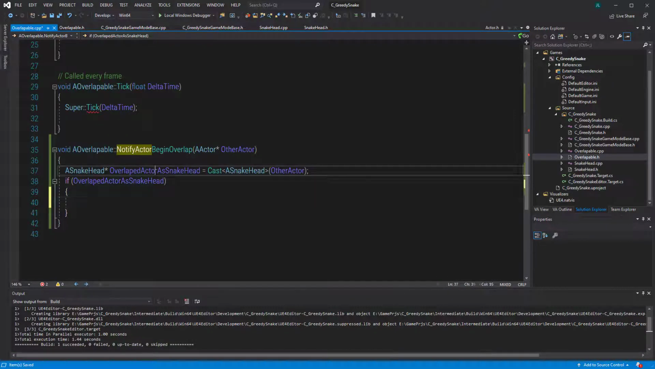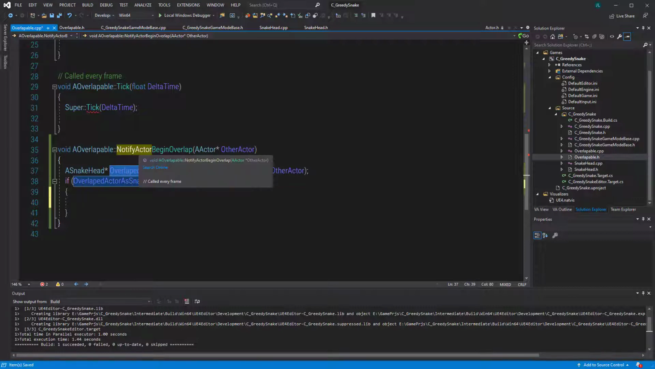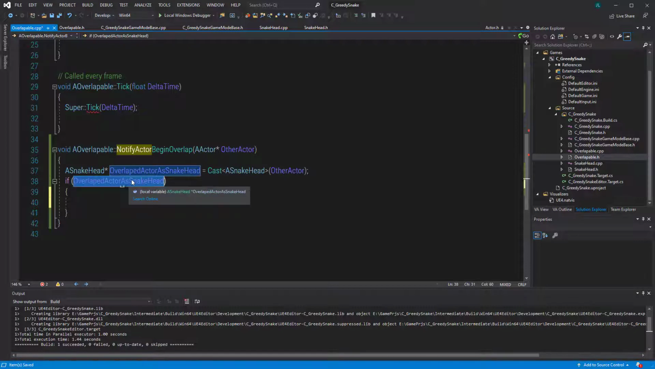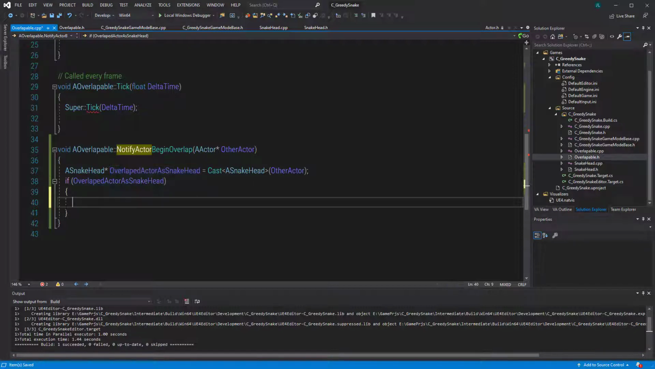right? Because this could fail. If there's another actor that is not a snake head, this will still be called and that actor will be passed in, but it's not a snake head, right? So this casting would fail, which will make this one equal to something we call a null pointer. Now, if it's a null pointer, then this if statement will evaluate to false, which will skip what's in here. Okay, that's something important here,